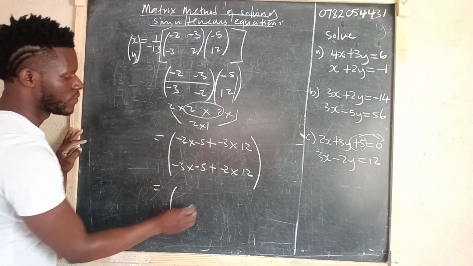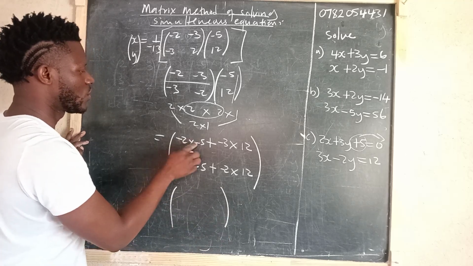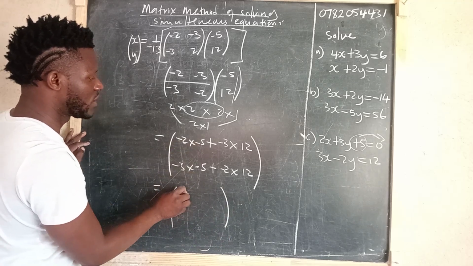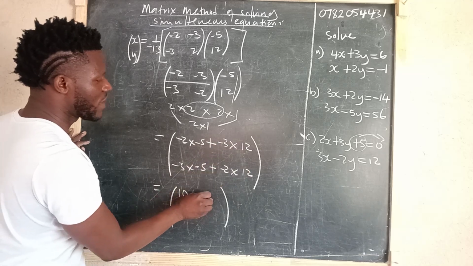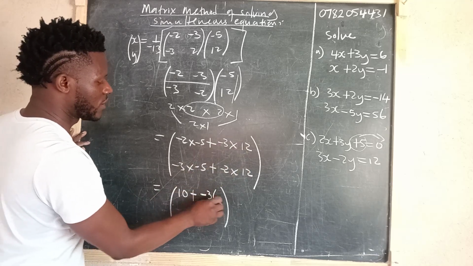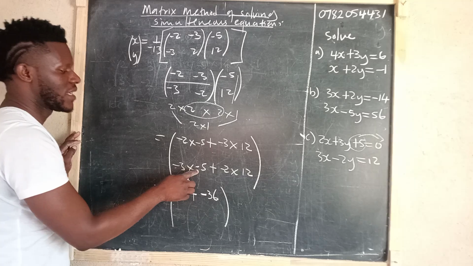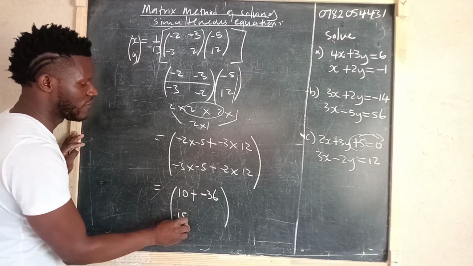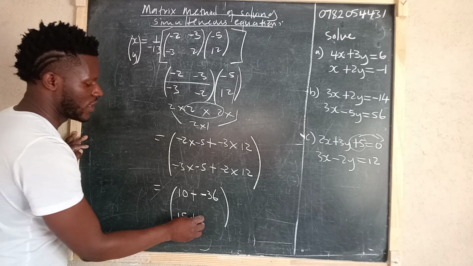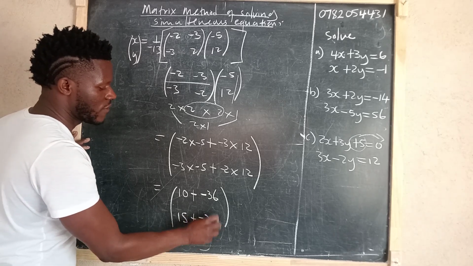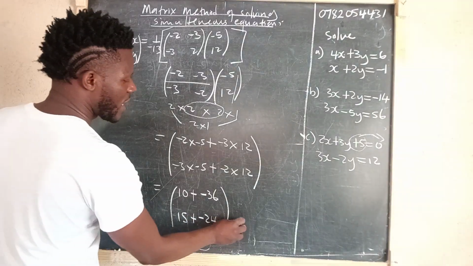Then we get minus 2 times minus 5, which is positive 10, plus minus 3 times 12, which is minus 36. Minus 3 times minus 5 we get positive 15, plus minus 2 times 12 we get minus 24. And the final answer is